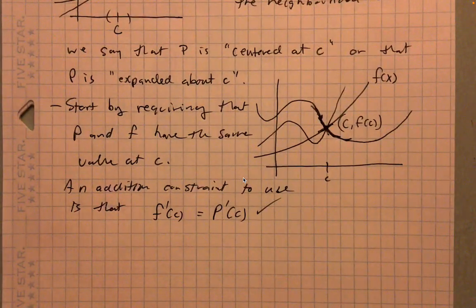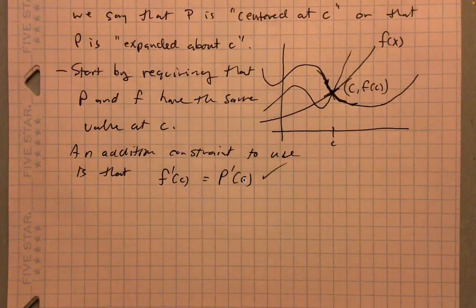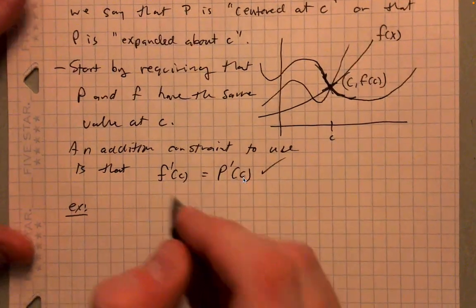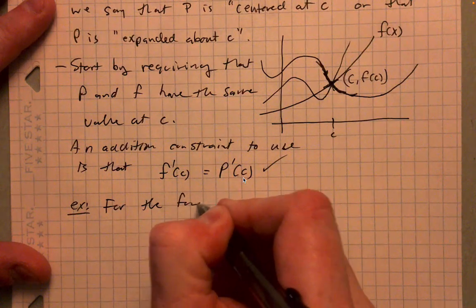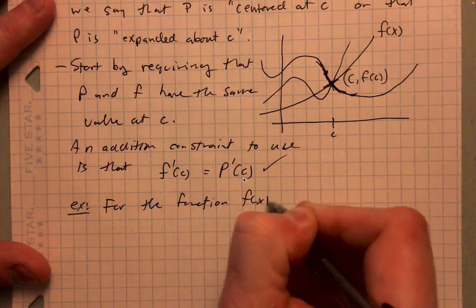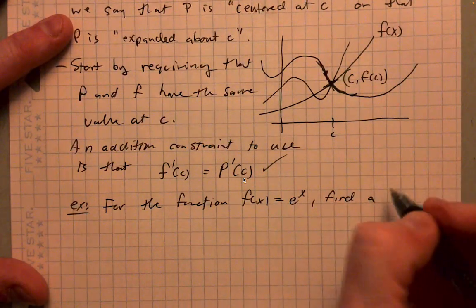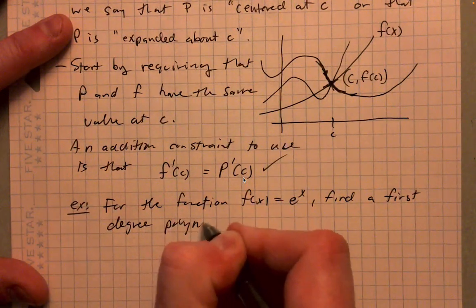So let's pull out a specific example and work through how we might generate this P for a specific function and a specific value of C. Anytime anybody learns about Taylor polynomials, we almost always start with the example of the exponential function. So for the function f of x equals e to the x, what we want to do is find a first degree polynomial